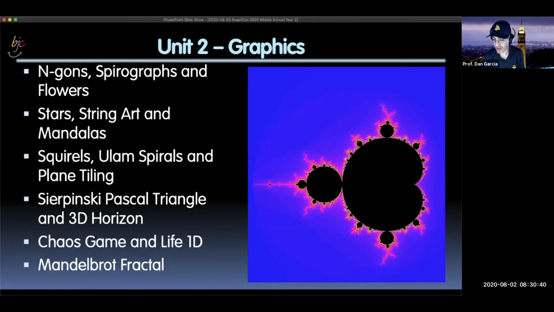and not every one of the younger kids got to that. They were still working on earlier ones because they were a little bit behind, but that was okay, go at your own speed. I didn't want to pressure anybody. But the older kids, the ones who were in 8th and 9th grade, finished the Mandelbrot fractal, and all of them got across the finish line with that. And that was a lot of fun.